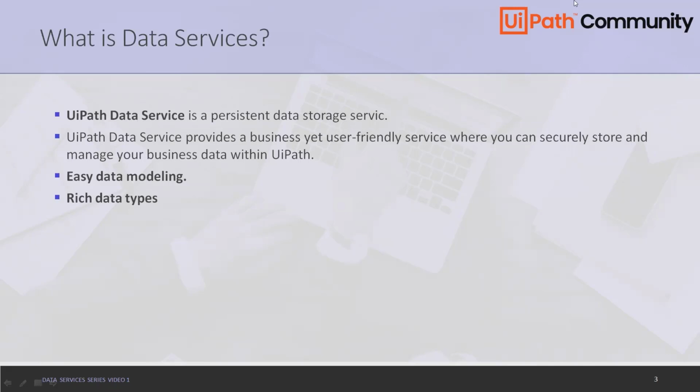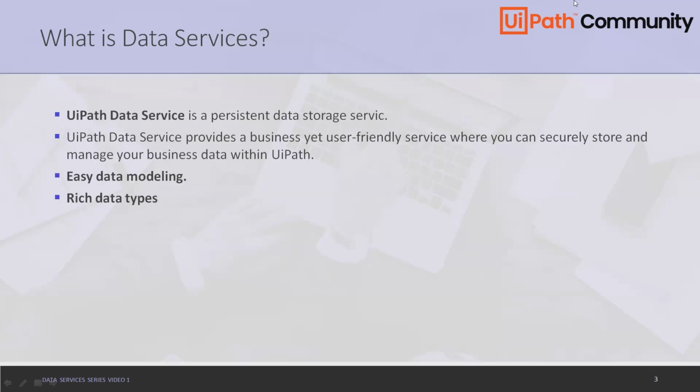So let's say if you're using SQL or other database services, we can use it here. This is a very useful and secure database where we use the data for long running business processes that need to transfer data across multiple attended and unattended processes. The integration with UiPath Studio and UiPath Robot allows us to build automations leveraging capabilities such as rich relational data types, integrated security, instantaneous and adjustable provisioning, and deployments.